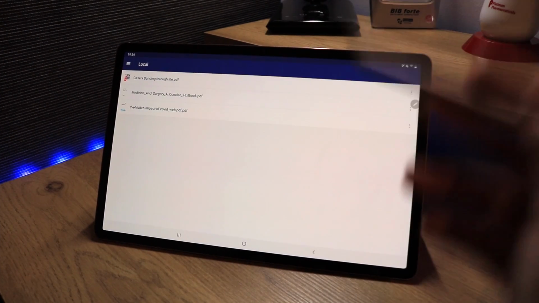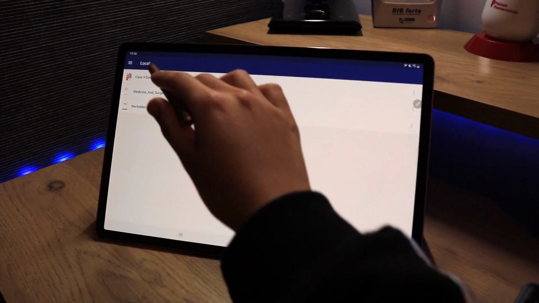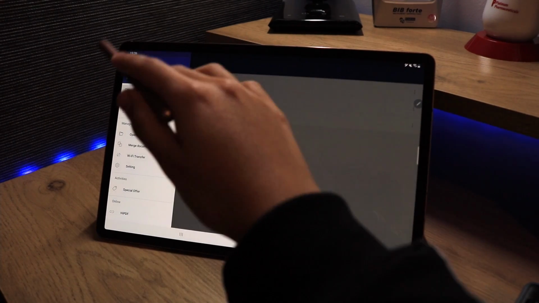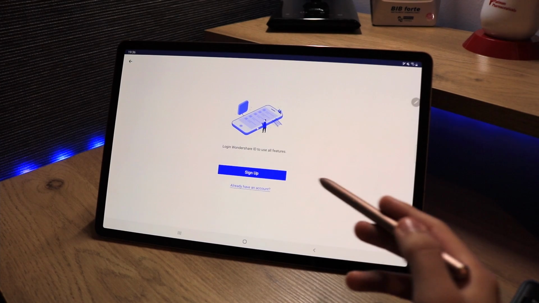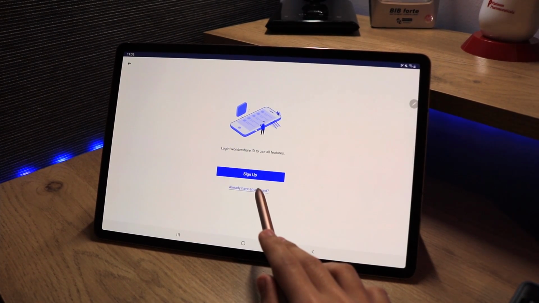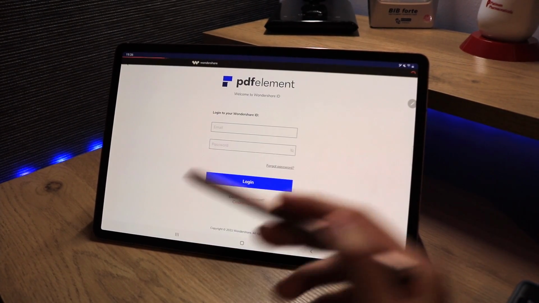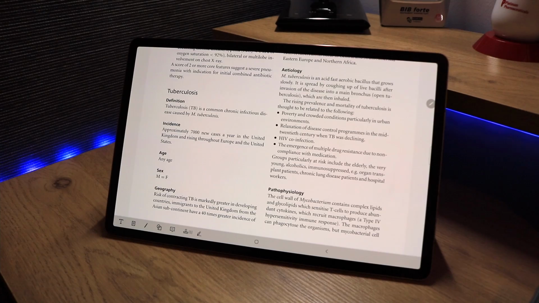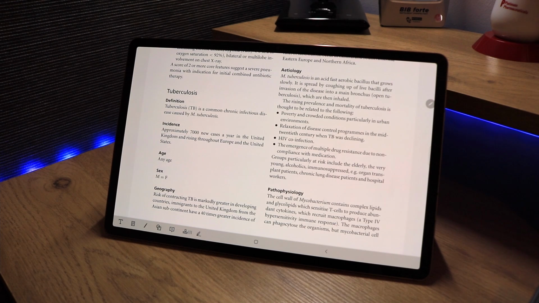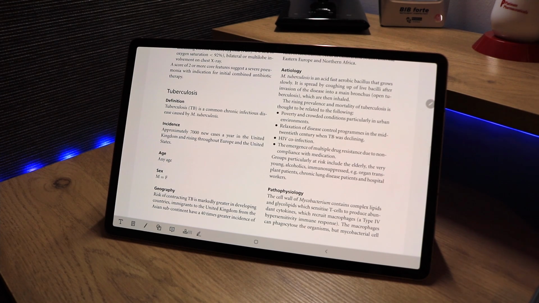Alright, so just going back to the home page here, I'm going to show you guys where you go to log in. So up here at the top, you can see this option for logging in. Now you can sign up, or with me at least, I already have an account, so I'm just going to log in here and then come back to show you guys the paid features. Alright guys, so I have now logged in. Now this is the paid version of the app, and this is where